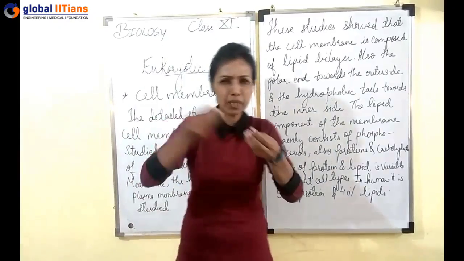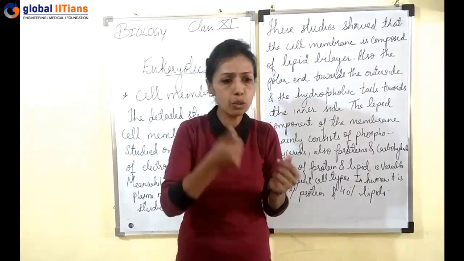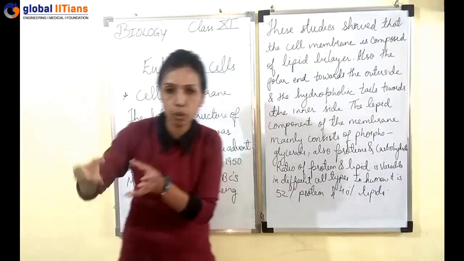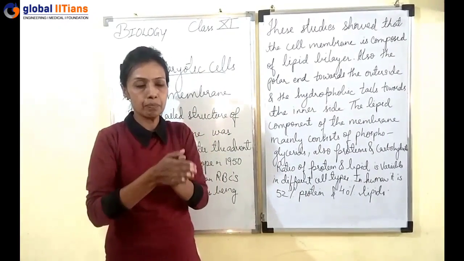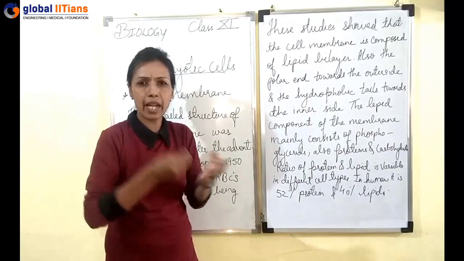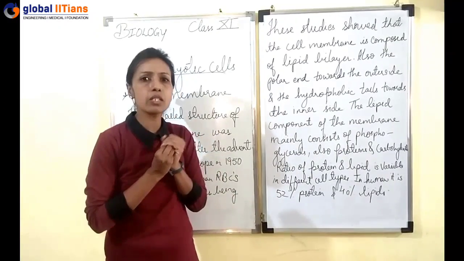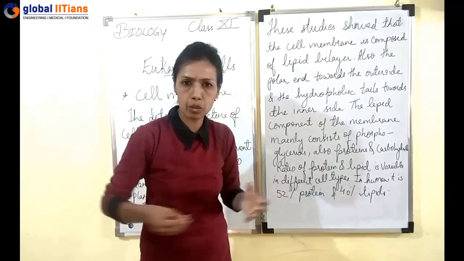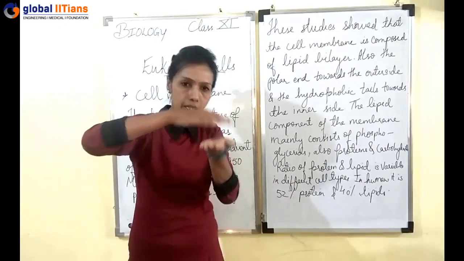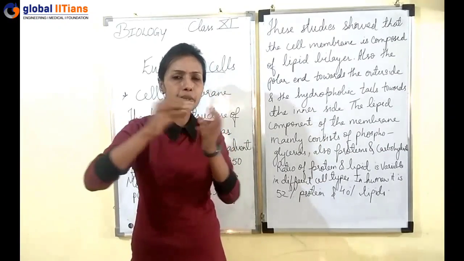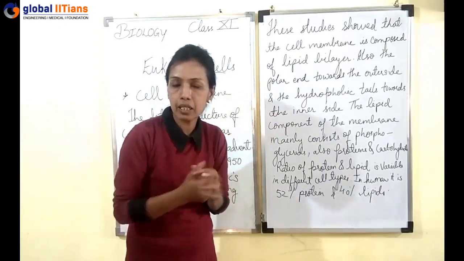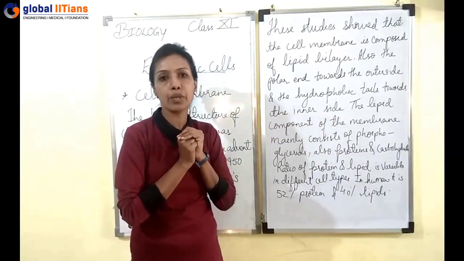Apart from that, there are some tiny, minute floating bodies termed inclusion bodies in the prokaryotic cell. These inclusion bodies can be in the form of granules, like phosphate granules and other granules, which remain suspended freely in the cytoplasm. So, not much other modified cell machinery is present in prokaryotic cells.